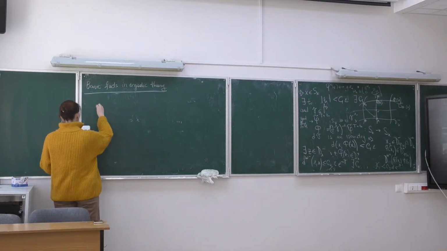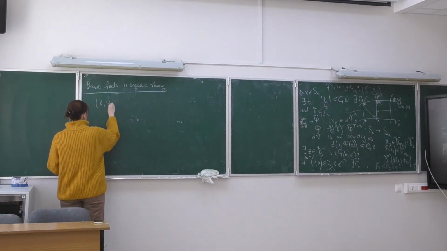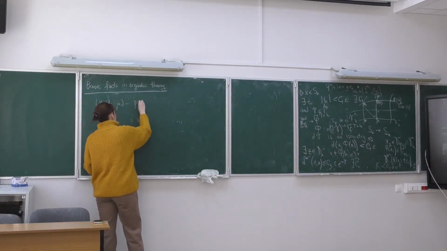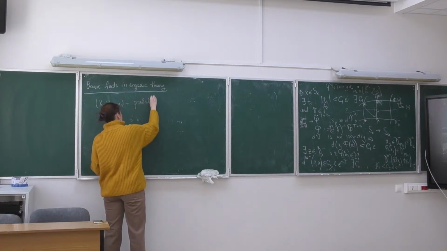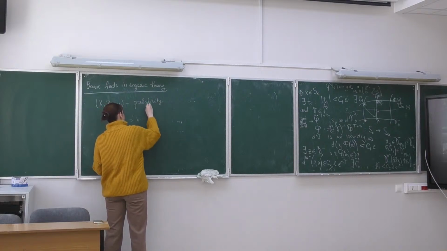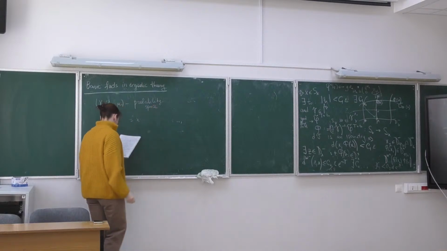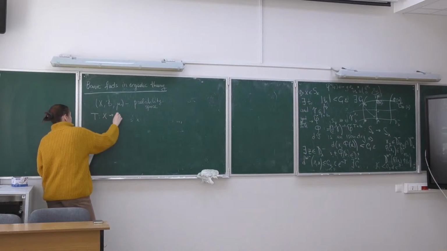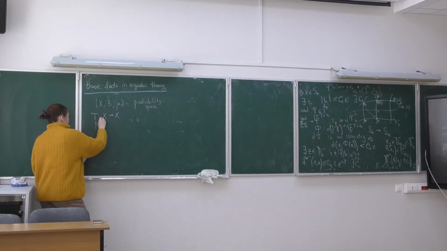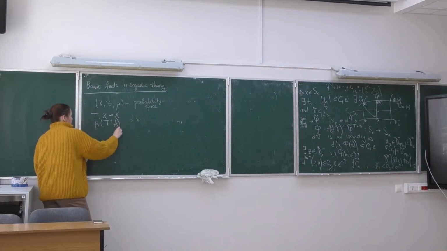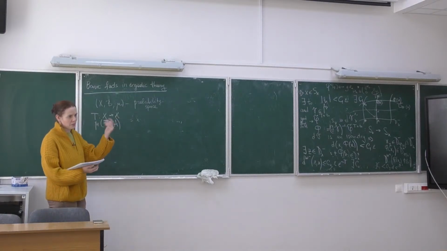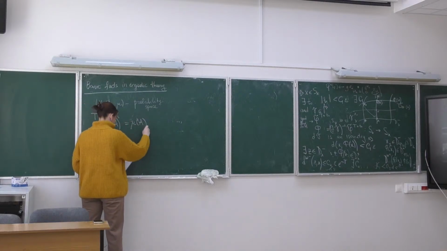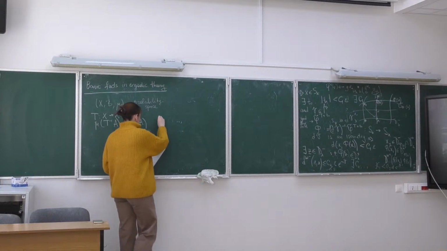We start with a probability space, and we have a measure preserving transformation. I recall to you that to be measure preserving means that the measure of the preimage coincides with the measure of the set itself